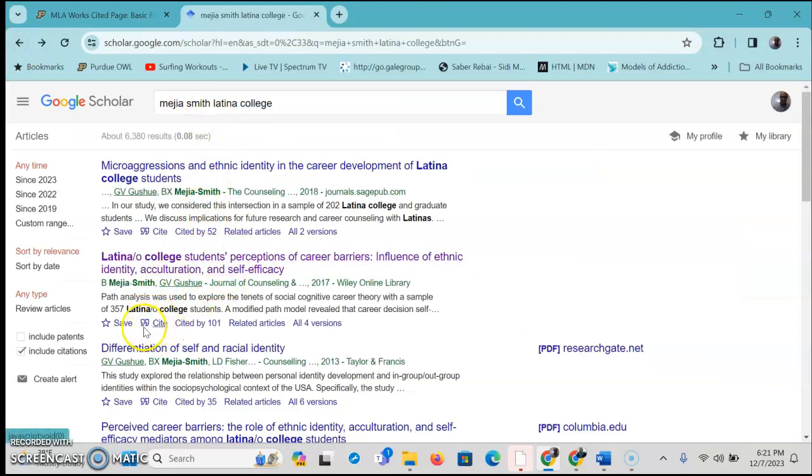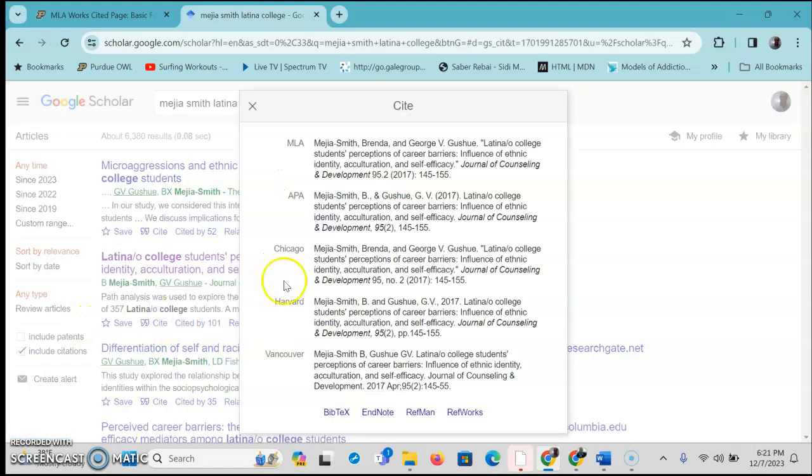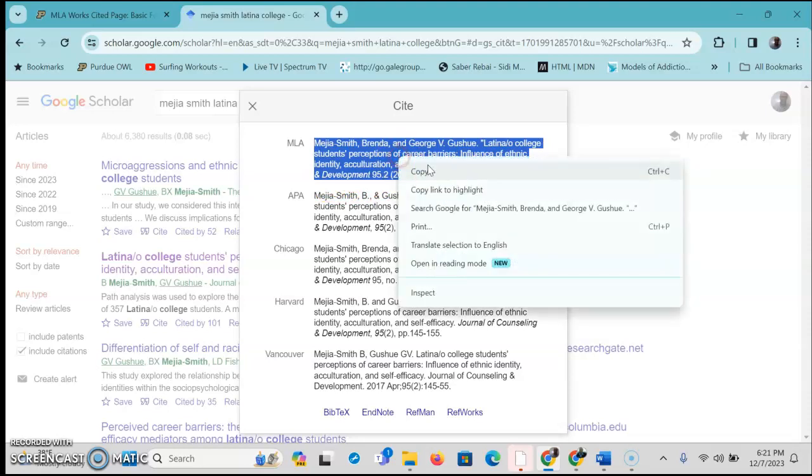So if you look over here on these little quotation marks, similar to what you had in the library page, okay? You can also do that in a lot of the JSTOR databases and so on. But here on Google Scholar, right, you have this cite. So you can click on cite, and here's the MLA citation already styled for you, with the quotation marks for the article's title, the italics for the name of the container or the journal, the volume, and so on. So what you can do and what you should do is to hit copy.